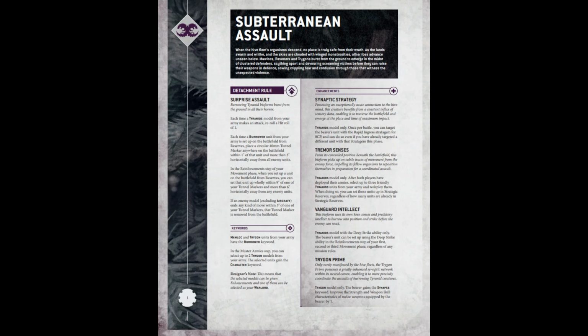All right, so enhancements. Synaptic strategy. This basically gives any deep strike character the ability to rapid ingress for 0 CP, even if someone else has already done so this phase. This is the same ability that the new Raveners have. So I'm just going to throw this out there. If you are taking 2 units of adapted Raveners and this enhancement on either a Trigon or a Flyrant, those are the only 2 guys that can take this. Because that's the other thing, in this detachment, up to 2 Trigons can become characters and then take enhancements. So that's fantastic. So yeah, either a Trigon or a Flyrant can take this enhancement,